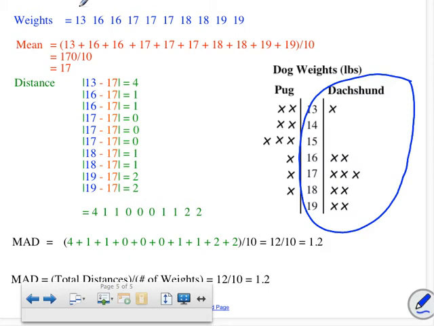There's 2. Don't I have 2 16s over here, right here and here? Okay, and then how many 17s do I have? 3, right? So I got 3. 1, 2, 3. And then how many 18? 2, 1, 2. And then 19, how many? 1, 2. So do you guys see where I got the data from the data display? Does that make sense? I'm only looking at this right side, so I'm not doing the whole problem. This is one of your problems, so you might want to have this in your notes to get you started